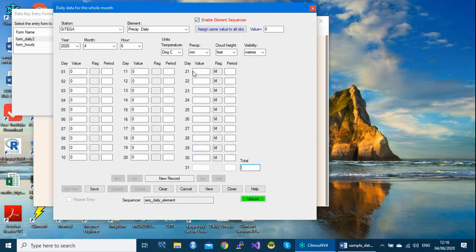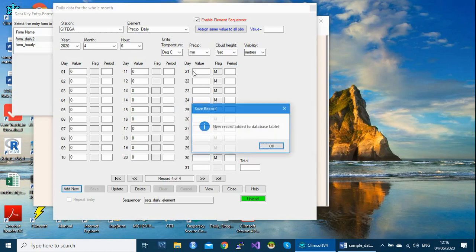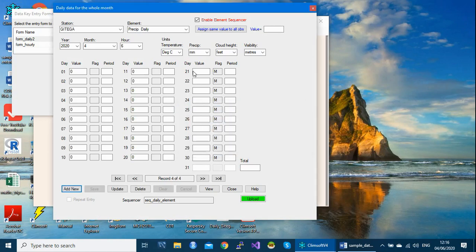So there was no observation at all. So the total should be 0 here. And then on the 4th, this is April.